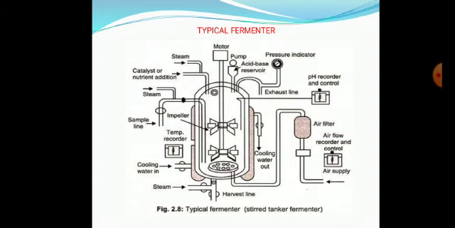For this reason, the structure of a fermenter looks complicated, and it is interconnected by so many pipelines. In the diagram you can see that in the middle of the fermenter, from the top, one motor is there. That motor is like our electricity supply, and when you switch it on, a pipe goes inside the vessel. To the pipe, blades are connected. It is like our fan. These blades will rotate like our fan.